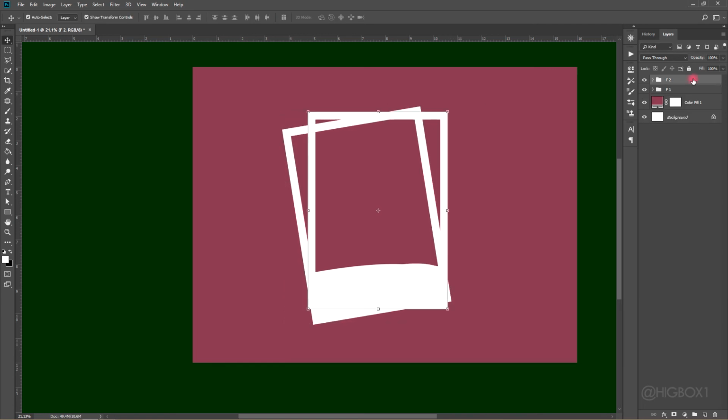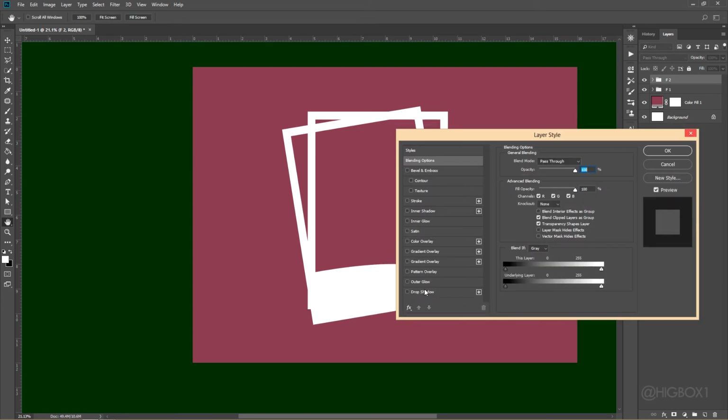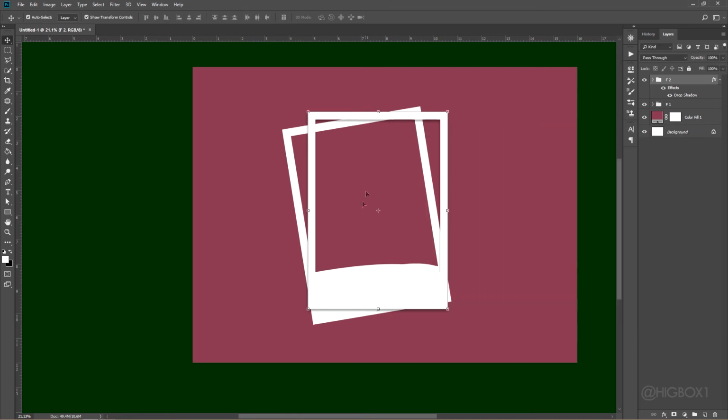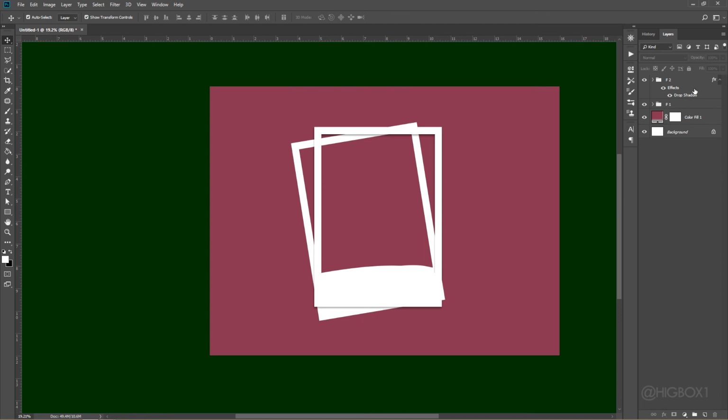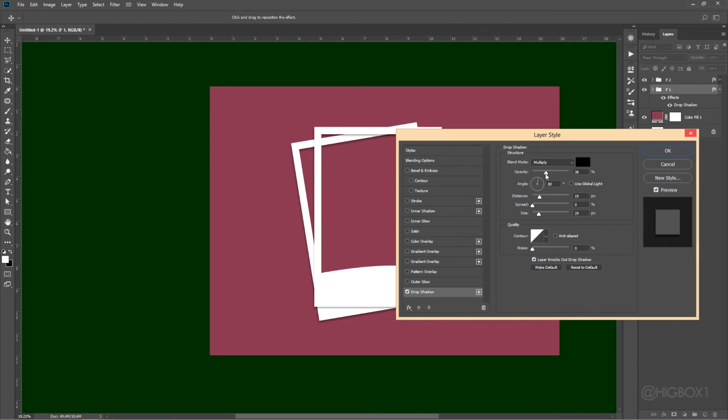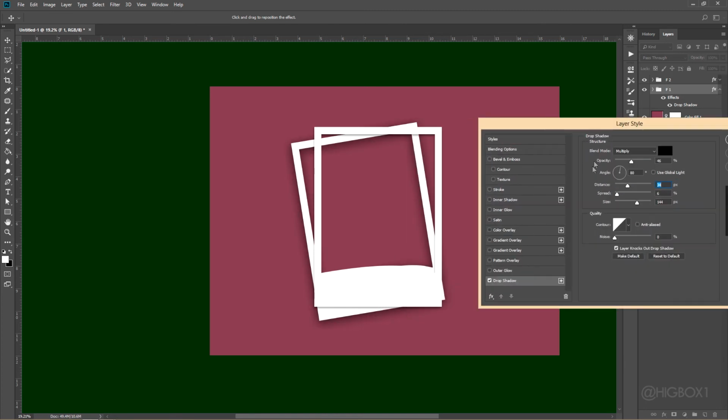Double click on the F2 layer and you see a layer style, then go down to shadow, just a soft shadow for this F2 for the upper layer. This is what I've done so far. Click OK, then come to the down layer, double click on the down layer as well, apply shadow. Now we can create a stronger shadow on this layer. You can do whatever you want, change the angle. Now I think this is cool by me. Change the opacity to reduce the solidness of the shadow. Okay, I think I'll work with this.